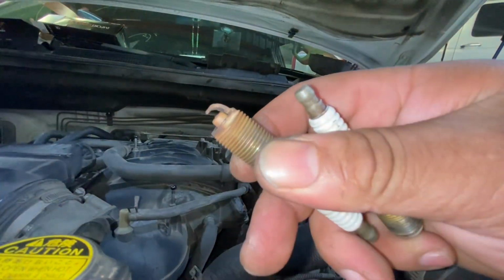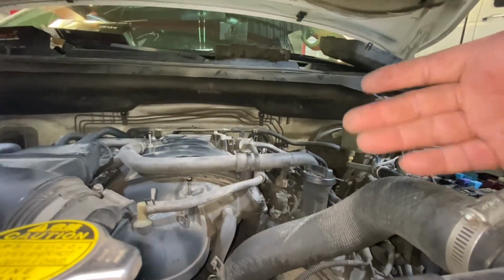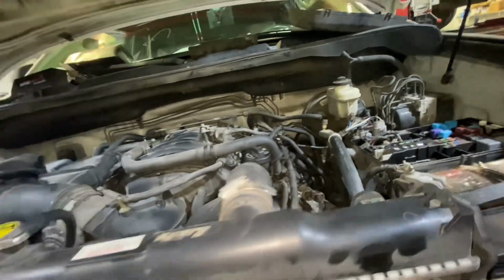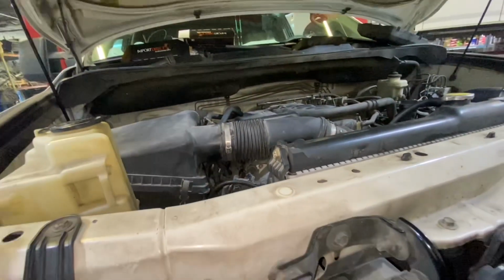I replaced the spark plugs because, as you can see, they were really damaged. But after I replaced the spark plugs, I still have the misfire on cylinders 2, 4, 5 and 6. So I checked for evap leaks, and I also checked the fuel pressure, but everything is good. So I went down to